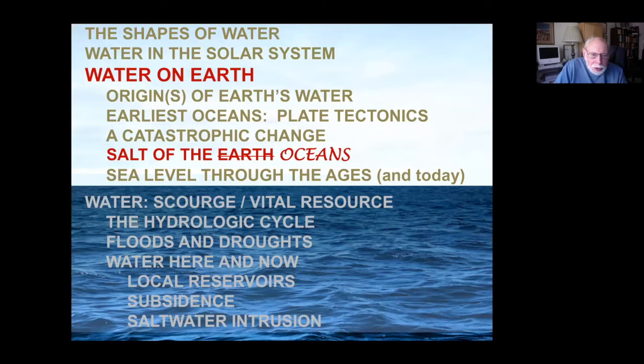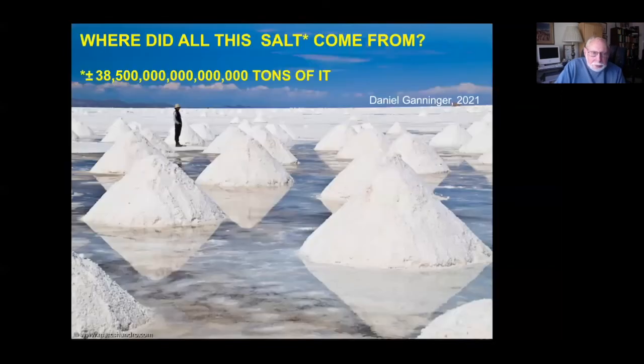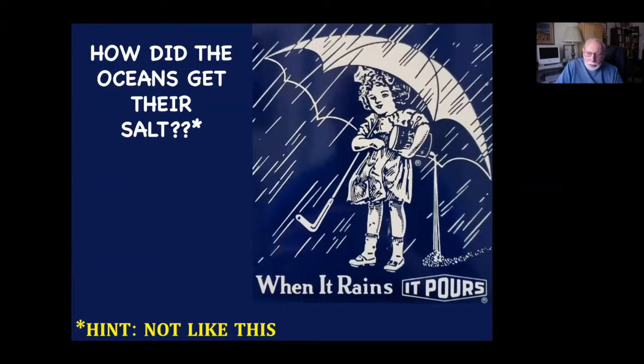Well, let's talk a little bit about the salt of the oceans. Where did all the salt come from? About 38.5 quadrillion tons of salt are thought to be in the ocean. Where did all that come from? Well, not like this, but